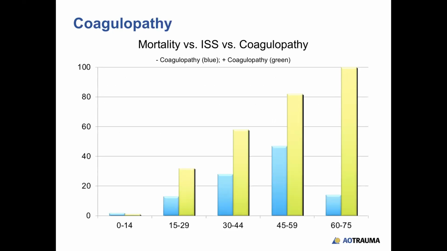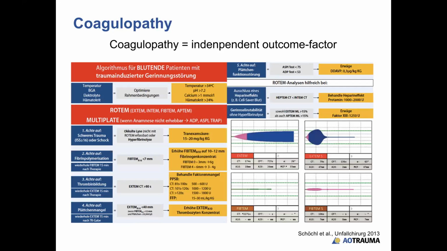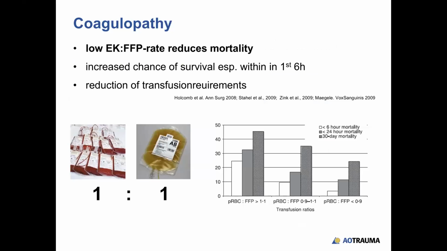The rate of coagulopathy is increased with higher injury severity scores. So we have to think about ROTEM analysis of this patient group. It should be available as one of the options by the anesthesiologist during the resuscitation of these patients. And we know that coagulopathy is an independent risk factor of mortality. And we know as well, based on these scientific analyses with ROTEM analysis and so on, that